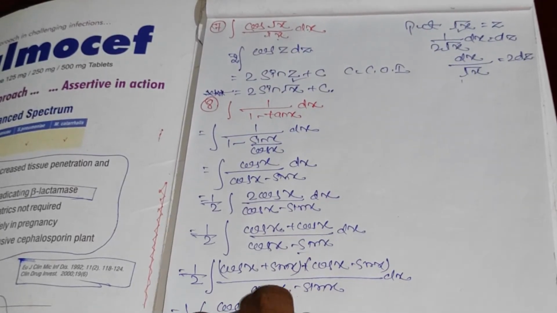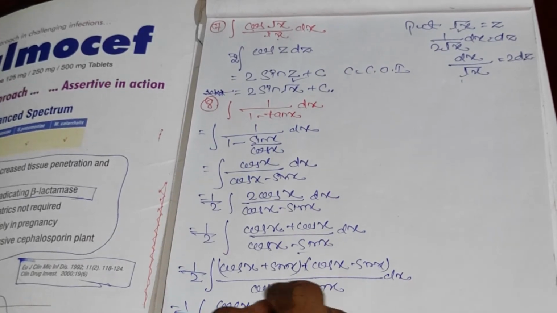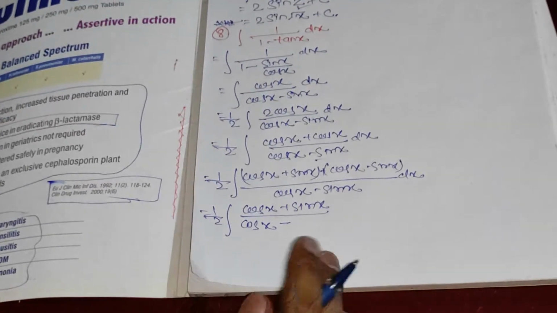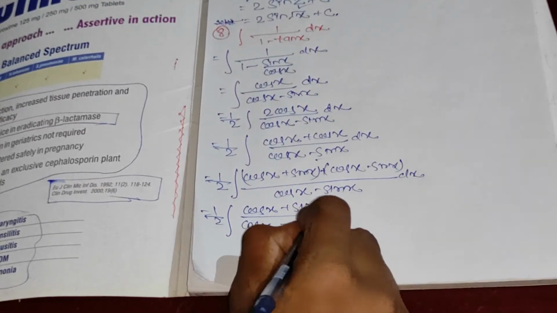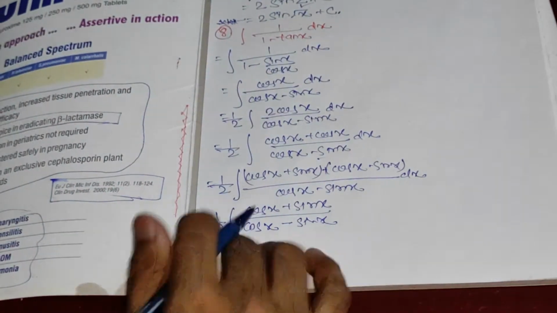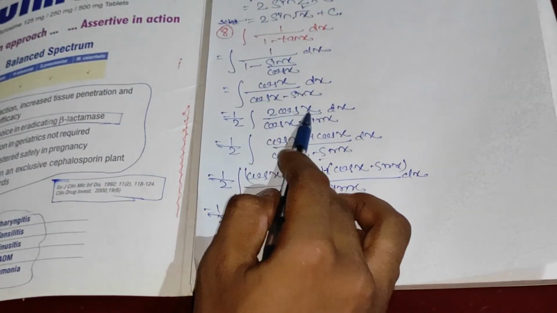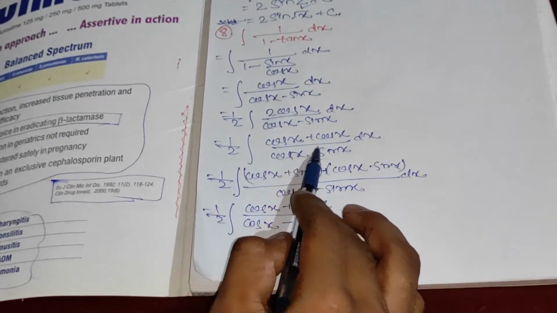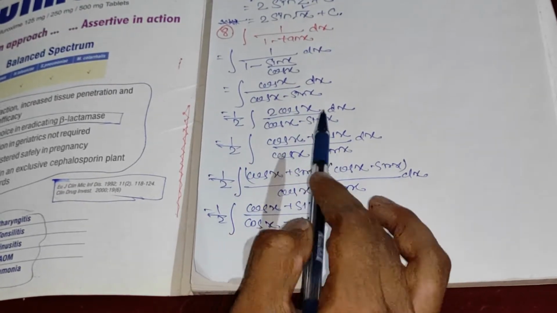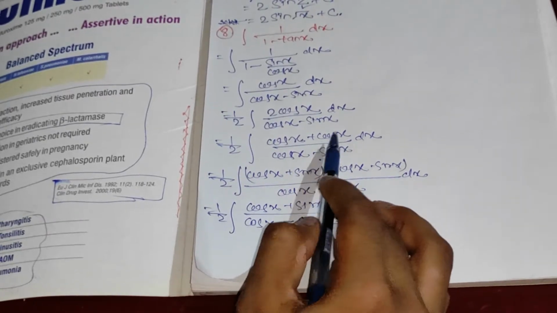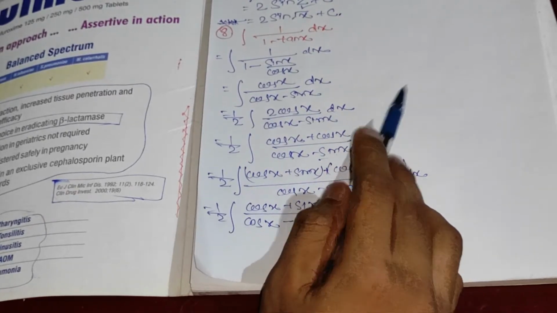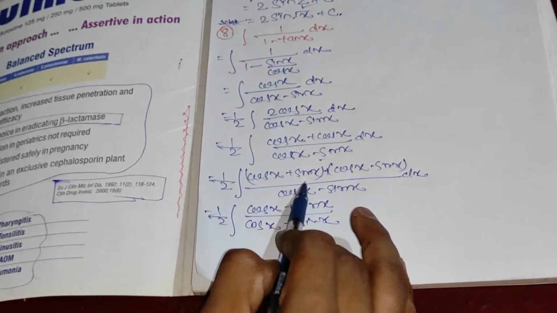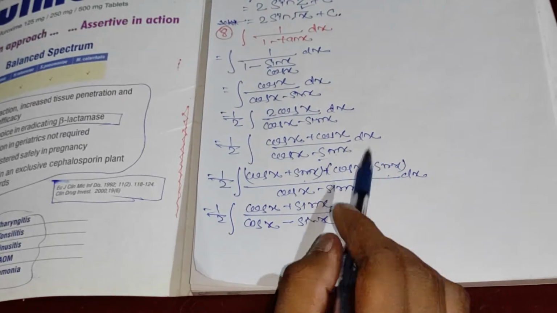We will get cos x plus sin x divided by cos x minus sin x. Here what we do, we will multiply and divide by 2 cos x. 2 cos x can be written as cos x plus cos x. Now here is the term cos x minus sin x. So to make it cancel, we will subtract sin x. So to make it equal, we have to add 1 sin x. So similarly here we add 1 sin x and subtract 1 sin x.